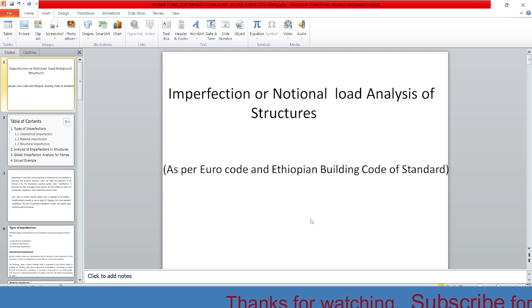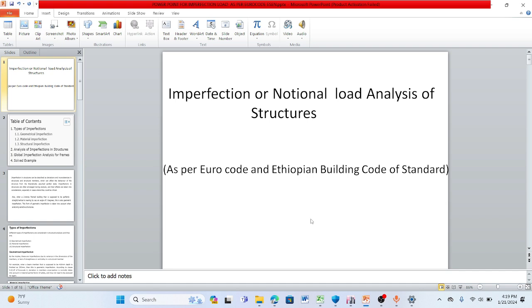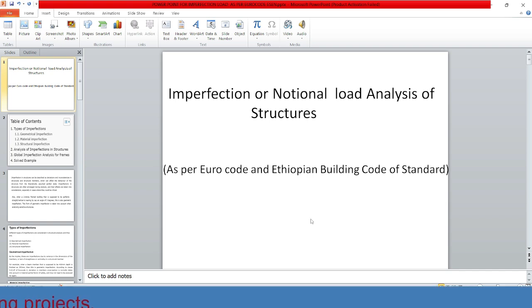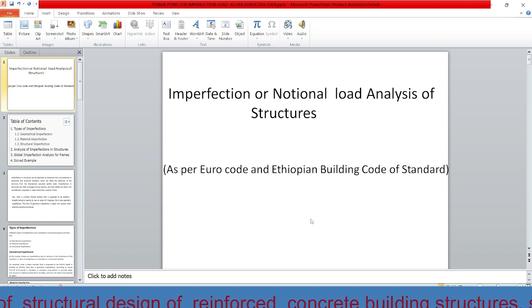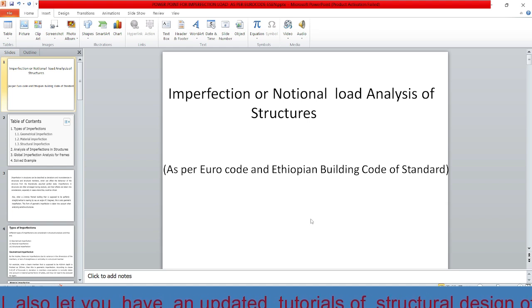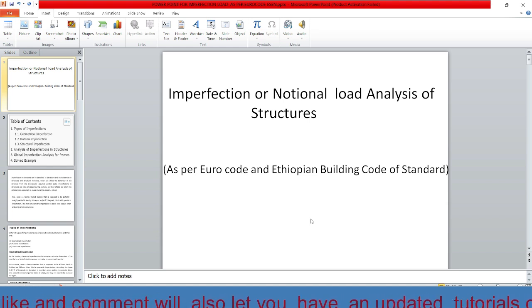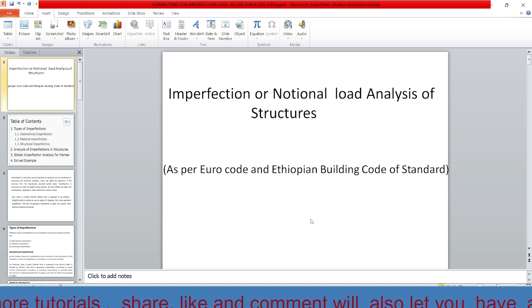Before proceeding to the detailed analysis of imperfection or notional load of this building, I will try to show you a typical example which is prepared for the clarification of the imperfection and notional load analysis of this building. This is tutorial part 22, which is